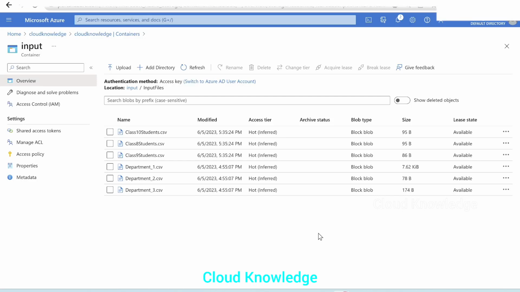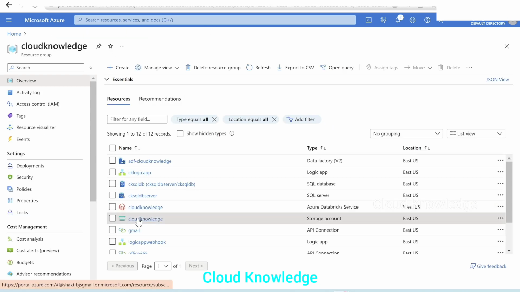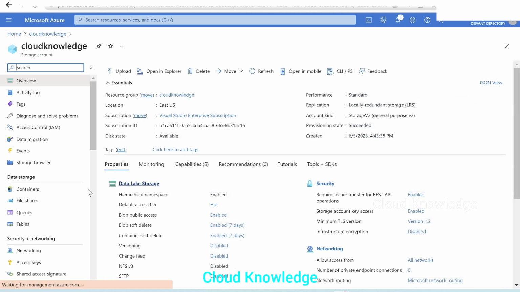Today in this video, we'll study a scenario where we have to rename files in bulk while copying them from one storage location to another. For this purpose, here we are in the Cloud Knowledge container. This is our Cloud Knowledge storage account. We'll go to the containers